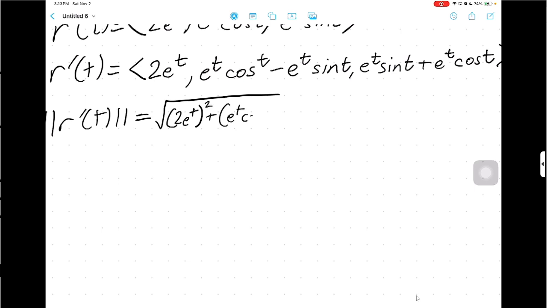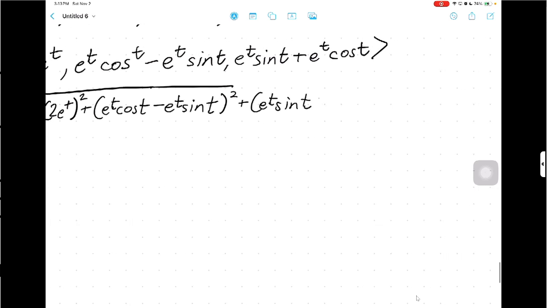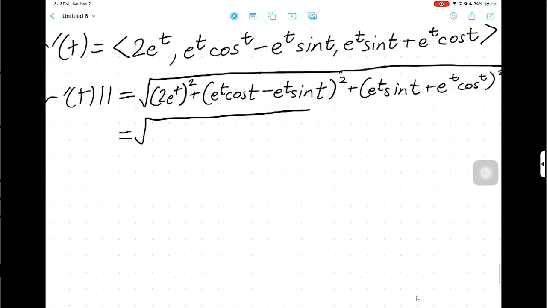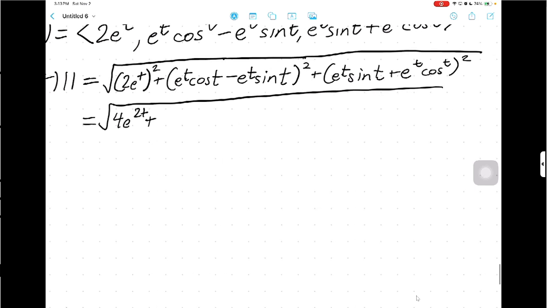Squared plus e to the t cosine of t sine t squared plus e to the t sine t plus e to the t squared, which is equal to the square root of 4e to the 2t plus, and then we're going to FOIL this out, so we're going to have e to the 2t